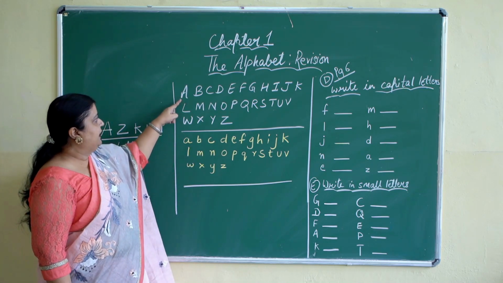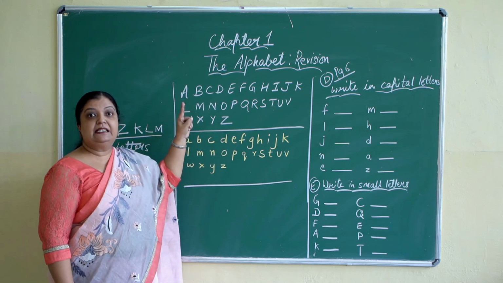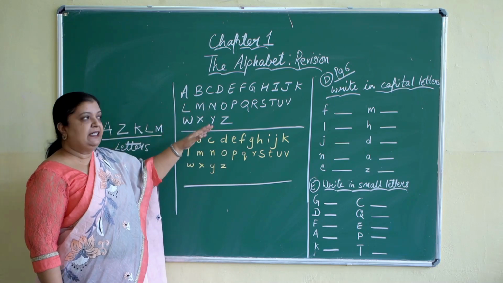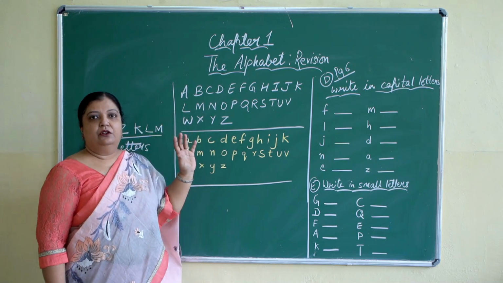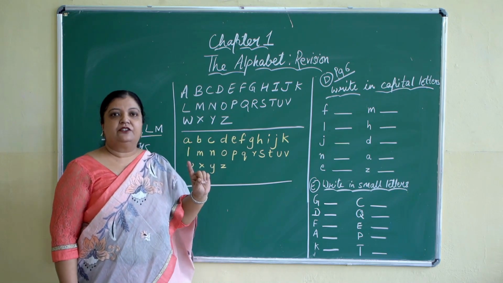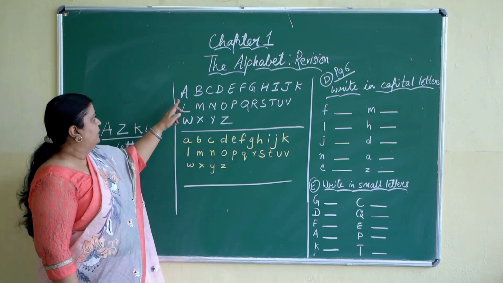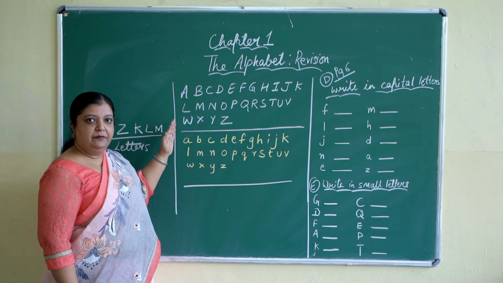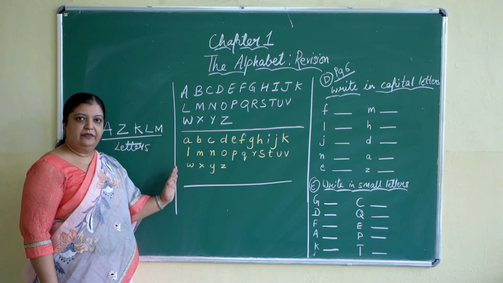But when you write letters from A to Z, the complete set from A to Z, collectively it's called the alphabet. I never pronounce it alphabets, it's always alphabet. Understood, children? Now, these are the capital letters, okay, children, and these are the small letters.